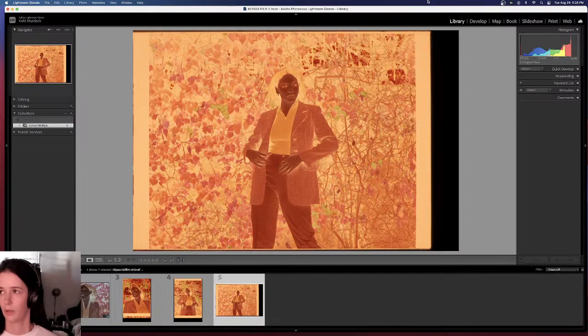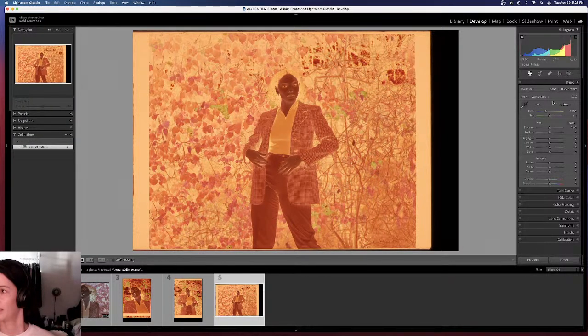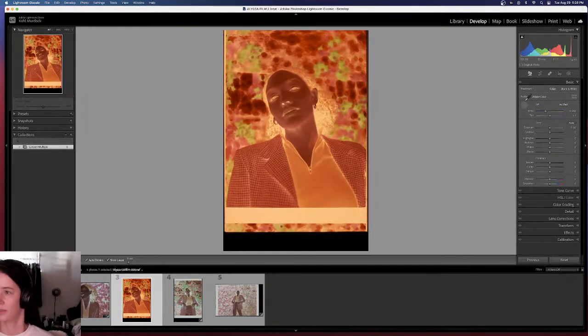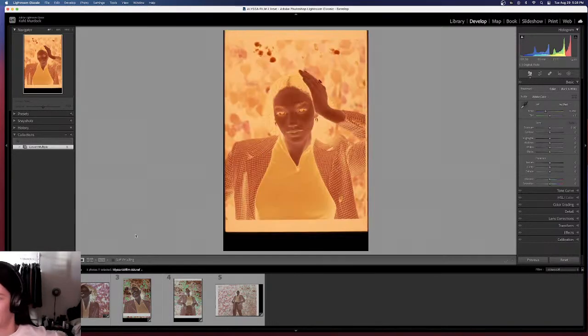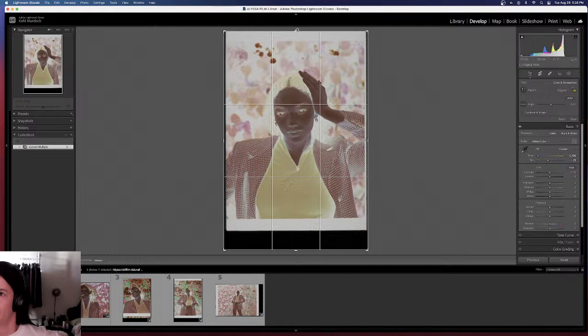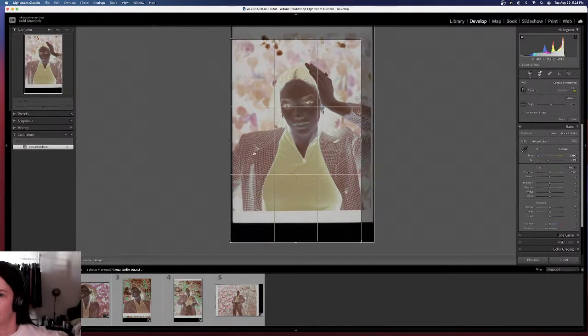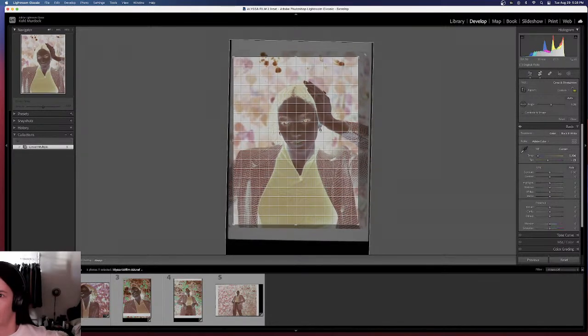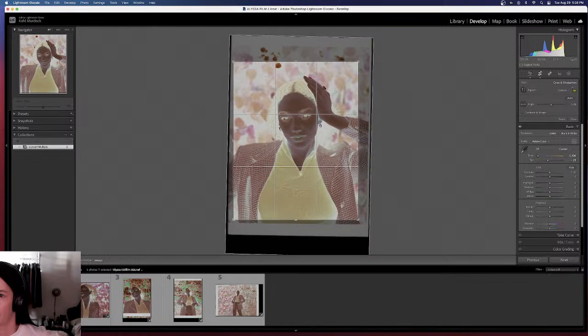Okay, so I'm gonna see if I can actually get some consistent negatives out of these. My first complaint about the last version is that, as I showed earlier in the other Lightroom catalog, I tried converting these together multiple times. I do understand that sometimes she stepped out of the sun and into the shade, and sometimes she stepped more into the sidewalk, so she was in a brighter, sunnier spot,